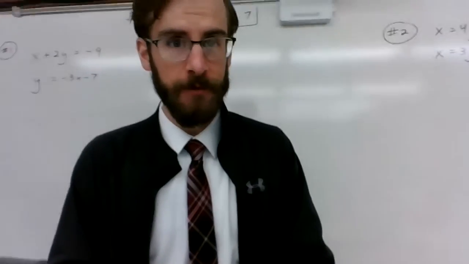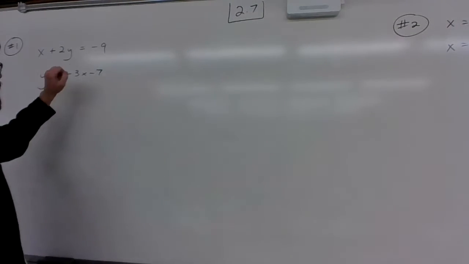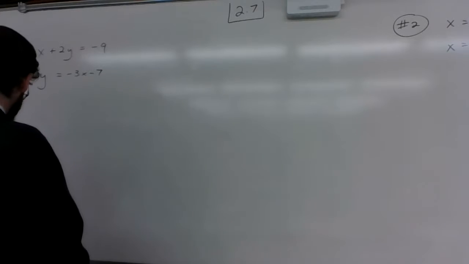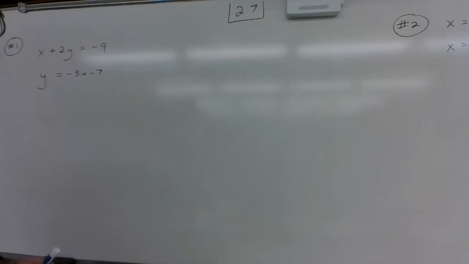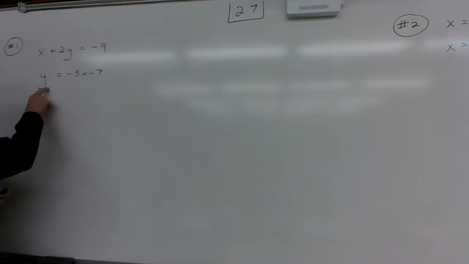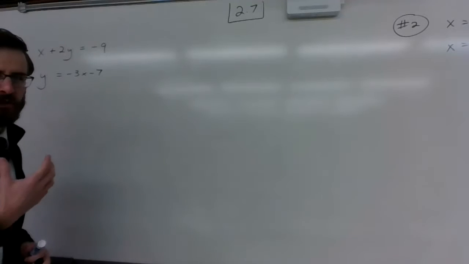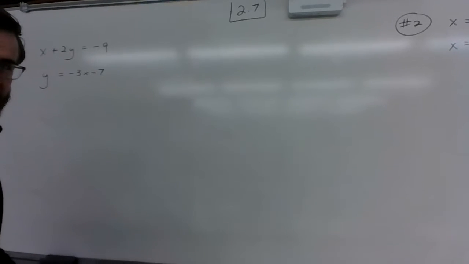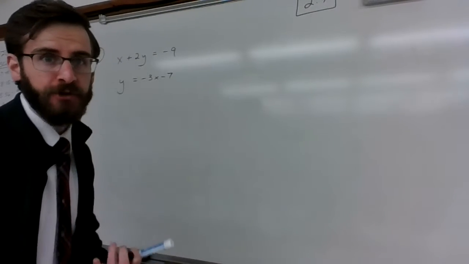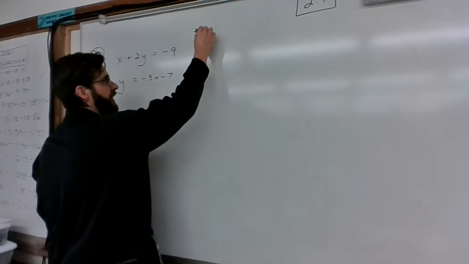I only got 3 examples. Here's our first one. You've got x plus 2y equals negative 9 and y equals negative 3x minus 7. Now, right off the bat, I'm recognizing that y is already by itself, which seems like maybe substitution's probably our best bet in this case, because the first step for substitution is to get x or y by itself. So in this case, I'm going to roll with sub